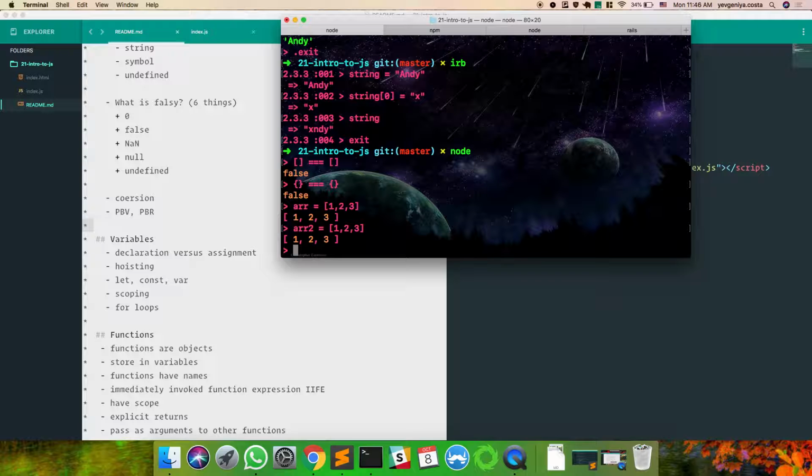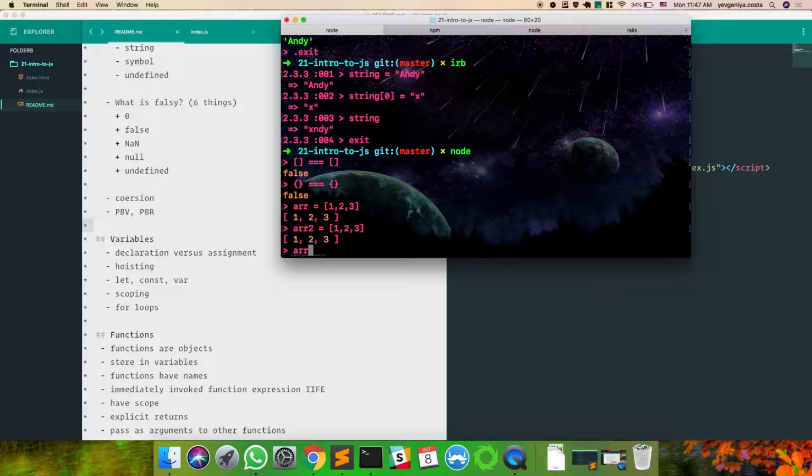JavaScript is again trying to be smart. It knows that complex data types like objects and arrays can take up a lot of space. So if it notices that you're using the same object, it wants to point you to the same location. Here it thinks you're using two separate arrays, two separate objects, because you've declared them as two separate things.